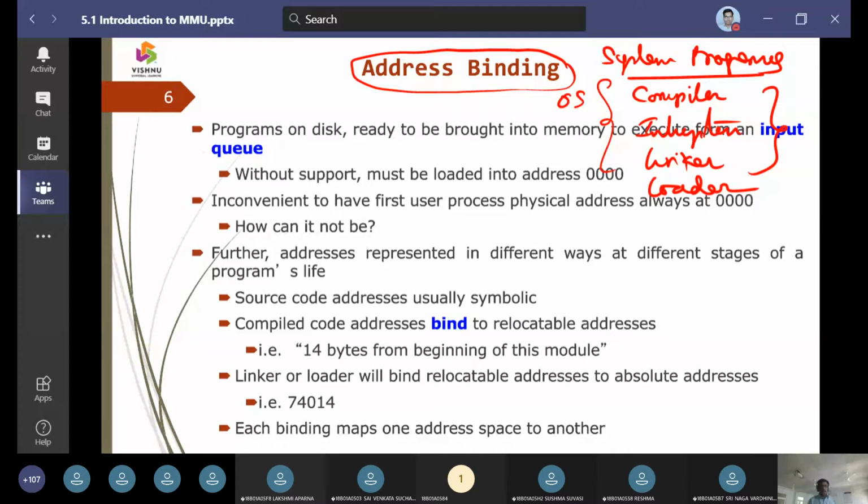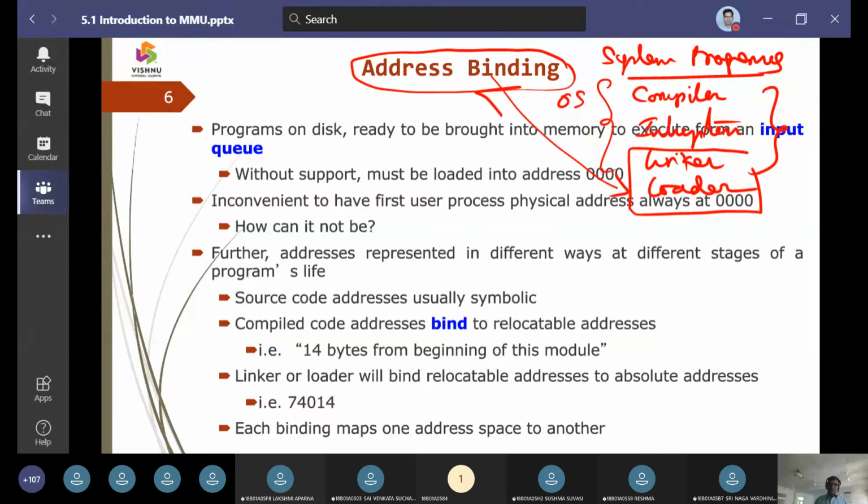So linking and loading are going to deal with address binding.